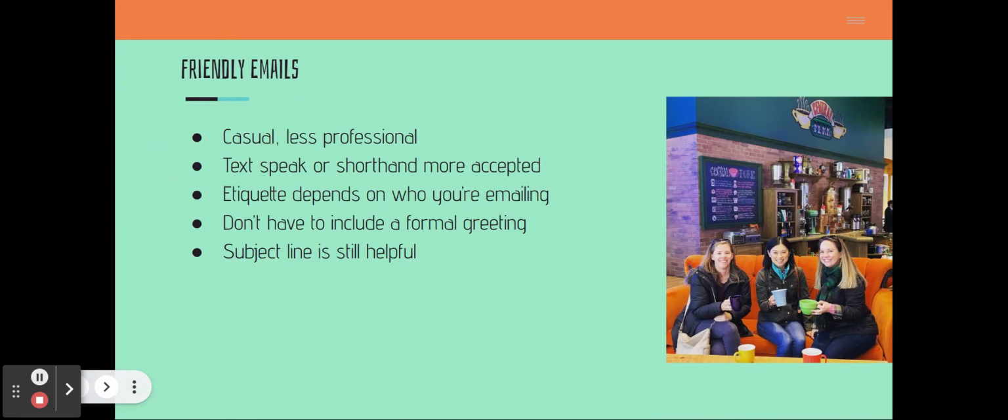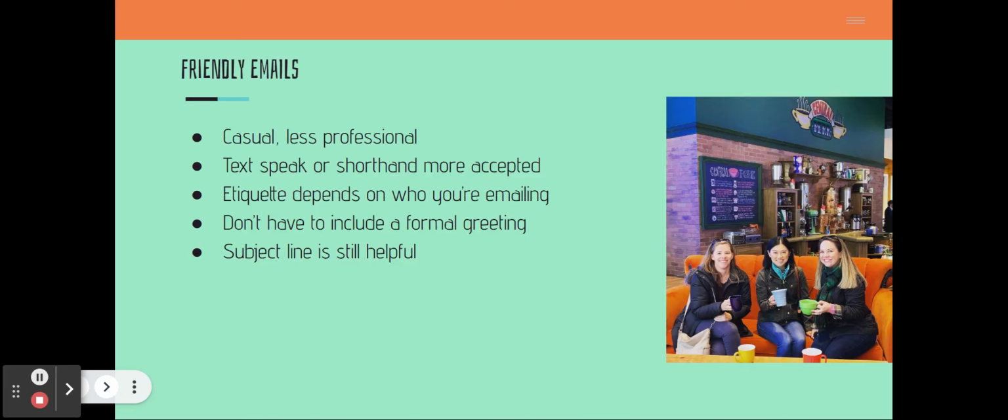Again, here are some of me and my friends. And when we email, it's casual, it's less professional. When you're emailing your friends, you can use text speak or shorthand, it's more accepted. How much etiquette or manners depends on who you're actually emailing. You don't always have to include a formal greeting in a friendly email, but the subject line is still friendly,